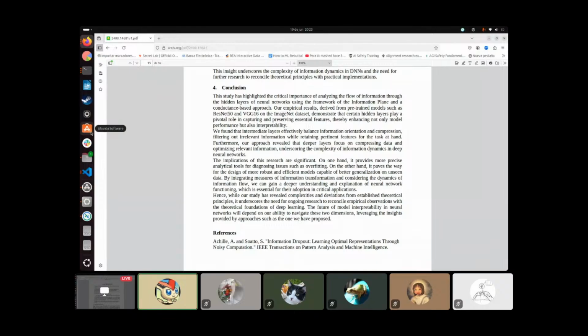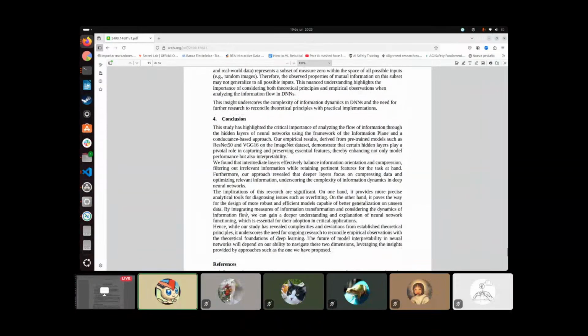The implications for this research are significant. On one hand, it provides more precise and analytical tools for diagnosing issues of overfitting. I'm not sure how you will do that, but okay. On the other hand, it paves the way for the design of more robust and efficient models capable of better generalization to unseen data. Yeah, I'm not sure how you are supposed to do that from these metrics, but maybe it's because I don't